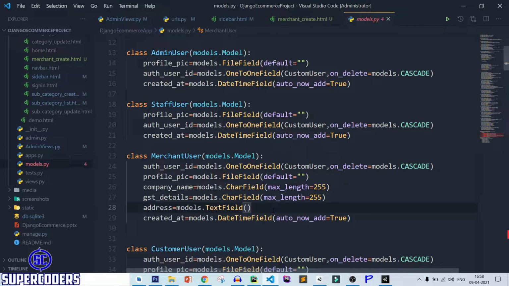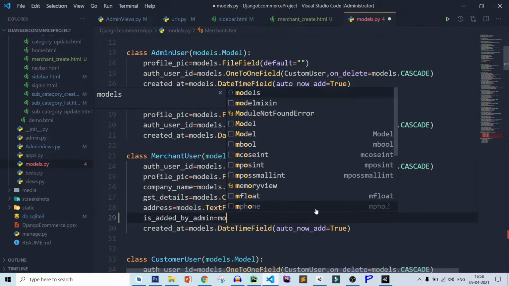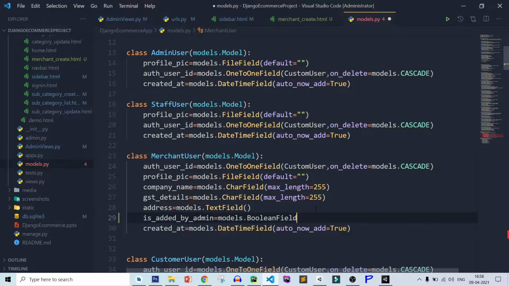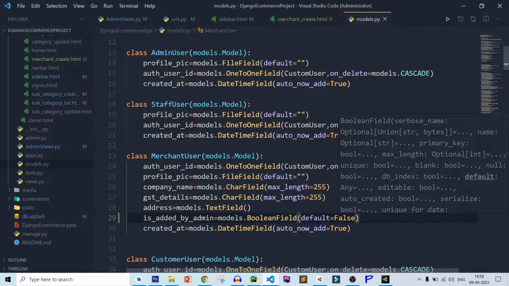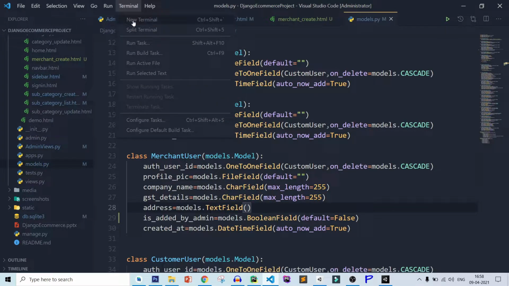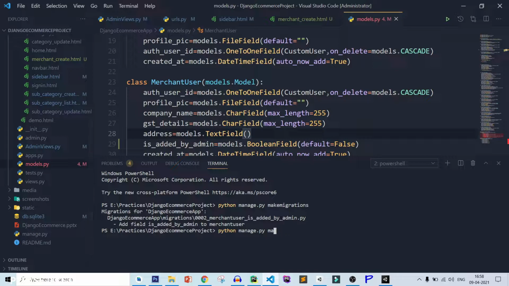Here I will add one more thing, which is added by admin, equal to models.BooleanField, default equal to False. Save it. Let's run the migration command because I did some changes in the model. So python manage.py makemigrations, then migrate command.